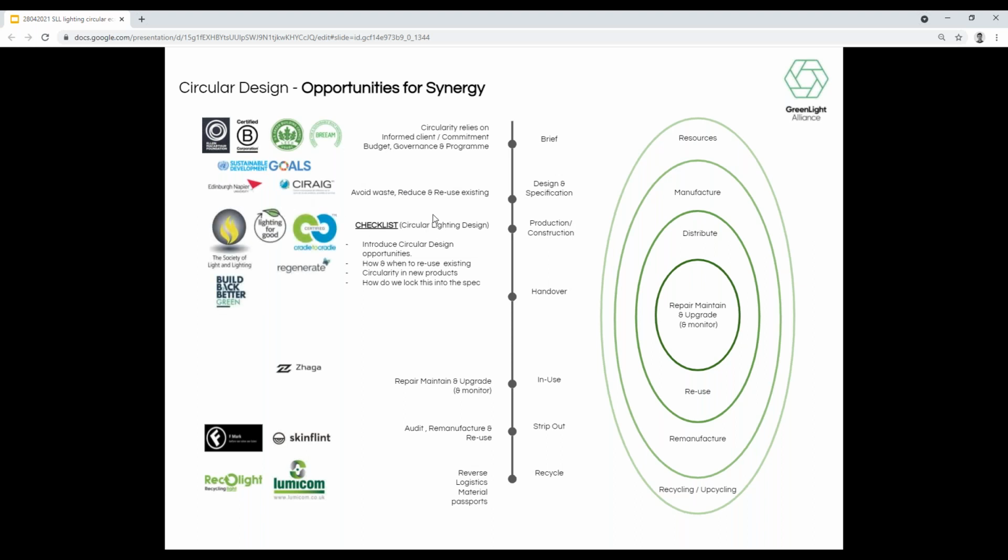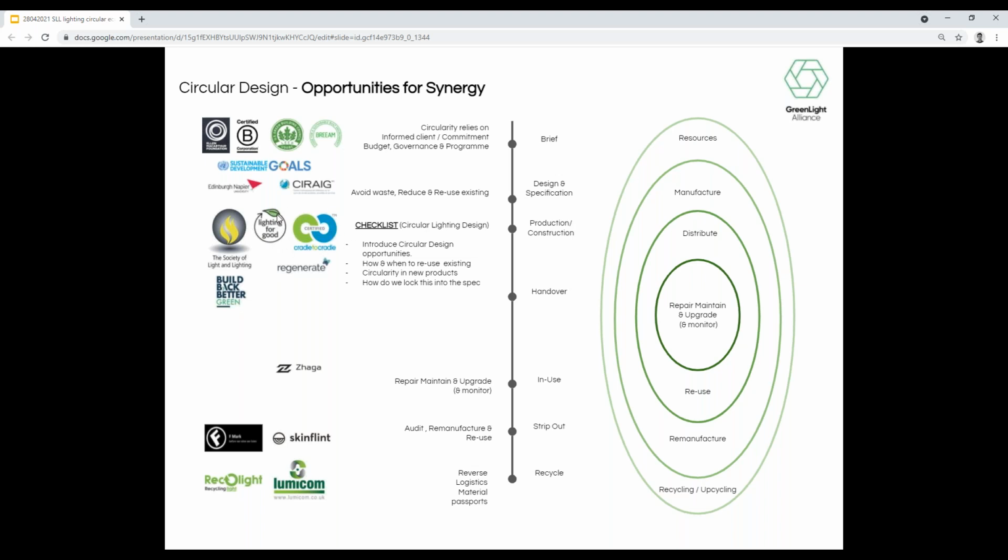And then we look at the checklist. As I mentioned, we need something in our specification that's going to help secure these sustainable principles in products and good practice that lots of manufacturers are working on. So we've written a GLA, we've written a couple of articles. There's one just been released with Light for Good, where we've stress tested one of the products from Lucent Lighting, which helped to demonstrate where these criteria are either successful or where perhaps they contradict each other.